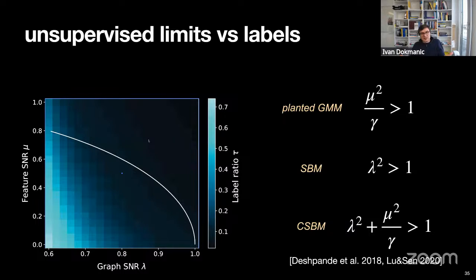And so when you have an analysis like the one that we have here, you can actually ask, what if I take a really, really simple algorithm, like a single layer graph convolution network, and I give it a few labels, can I beat the best possible unsupervised algorithm? Okay, and you can actually answer this question by increasing the number of labels, and then what this plot is showing, for different graph SNRs and different feature SNRs, is for how many labels you start performing as well as the best possible unsupervised algorithm. It actually really tells you the value of labels, and you can see that in some cases you actually need very few labels to perform as well as the best, optimal unsupervised algorithm. Okay, so I really like this takeaway.